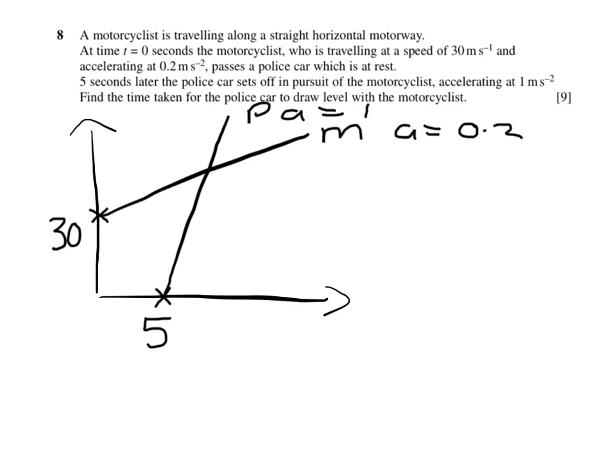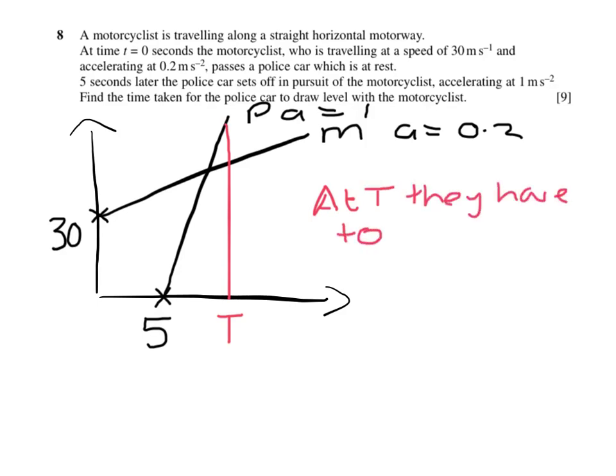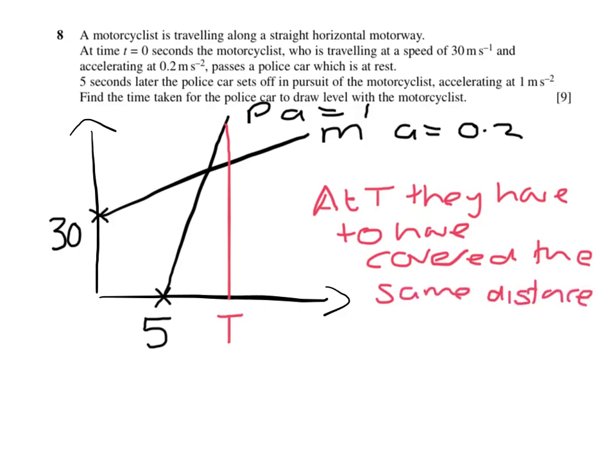I am going to mark on the diagram this point, time t, and say that it is here that the police car draws level with the motorcyclist. And what do I have to know about that? Well, at t they have to have covered the same distance. Velocity time graph, the area under the curve is the distance travelled, so I'm going to work out the two